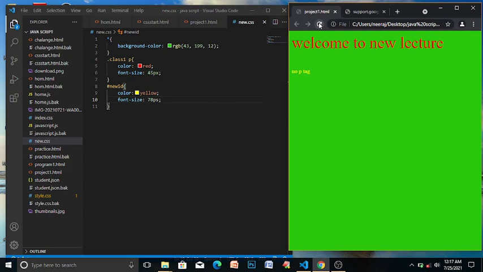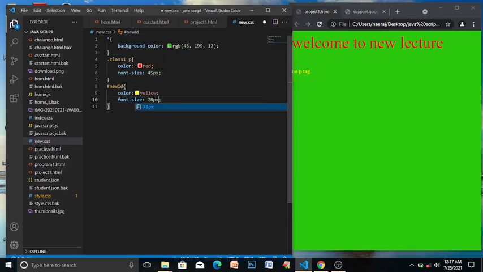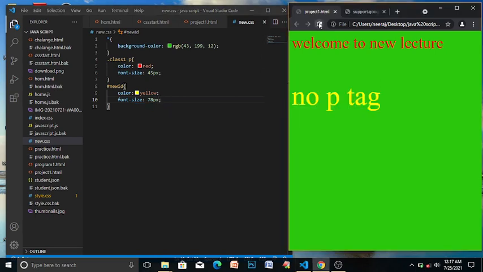Refresh. You can see both are not differentiated. Sorry, it's px, not pixel. This is the meaning of deep level or level-wise use of your classes, IDs and elements. And this is a good way to make your web page good, attractive and responsive too.